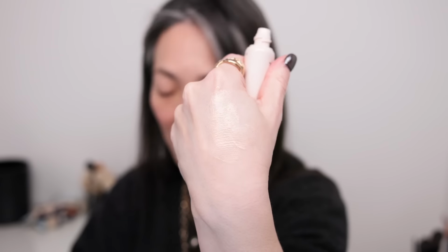So this is the one that I think was the lightest. I think they had a deeper shade. Anyway, I ended up getting this and I never used it. This was actually still in its box, which I just tossed away. But this has a really nice glowy tint to it. And I wonder if that Sublimage would be a really nice kind of substitute for this